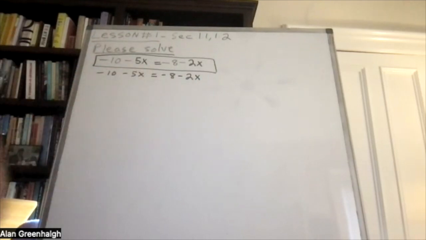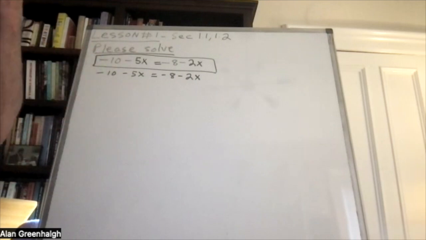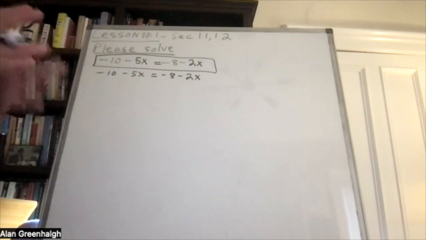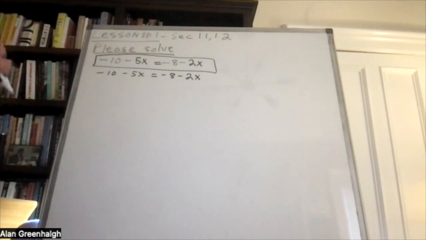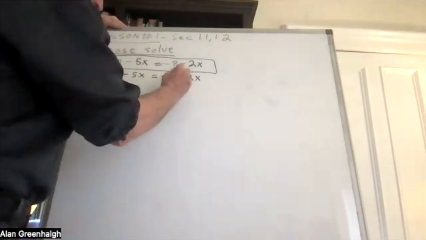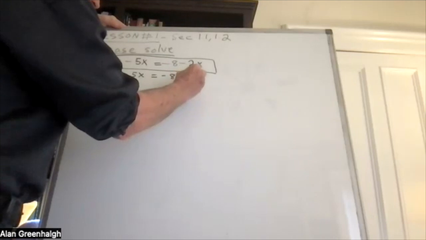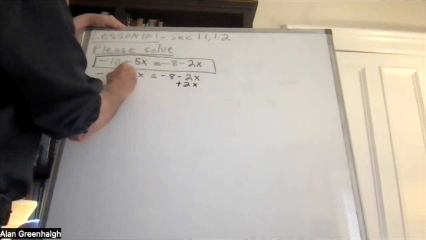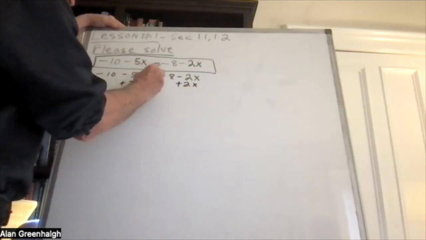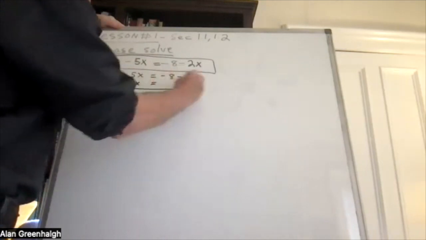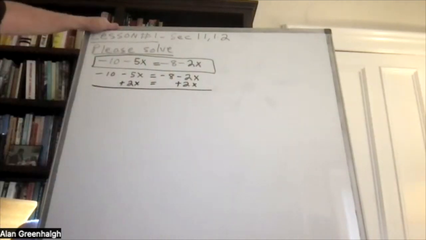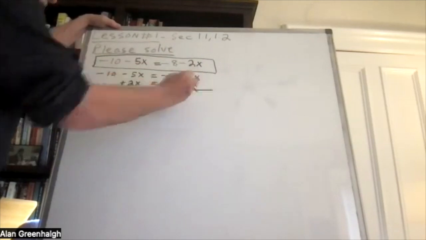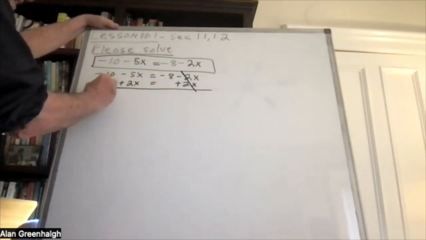Now, understand something about solving most algebraic problems. They could be done a million ways. So this is the way that I like doing the problem. My idea would be to bring all of the x's to the left side of the equation. All right, so I get rid of this. Here I get -10,